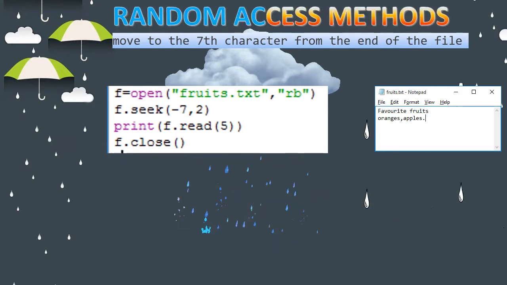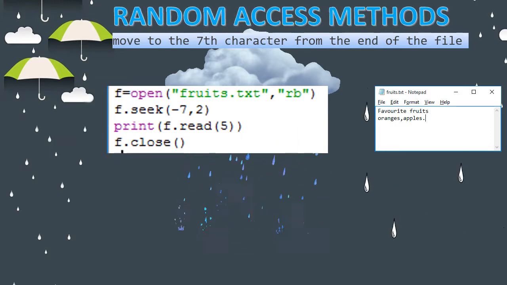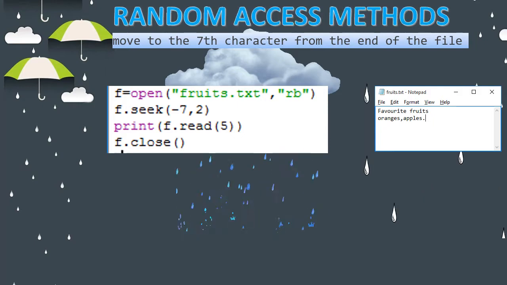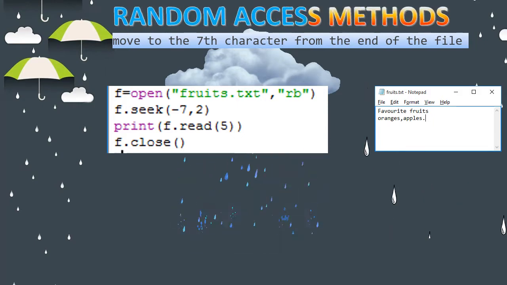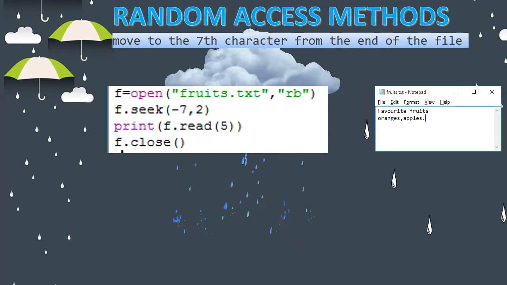Next we are going to read from the end, starting from the seventh character from the last. We open the file in binary mode and use seek of -7 comma 2.